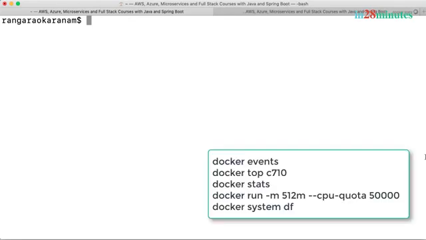Cool. In this step, we looked at a few more commands. We looked at Docker events, which is used to monitor the events which are happening with your Docker engine or the Docker daemon. We looked at Docker top, which helps us to see all the processes which are running in a specific container. We looked at Docker stats, which gives us the stats for each of the containers which is running. How much memory is it making use of, how much CPU is it making use of, and all that stuff. We also looked at Docker system df, which helps us to look at what are the resources that are being managed by our Docker daemon and how much size each one of them has. And we also looked at how you can set memory and CPU limits for your containers.